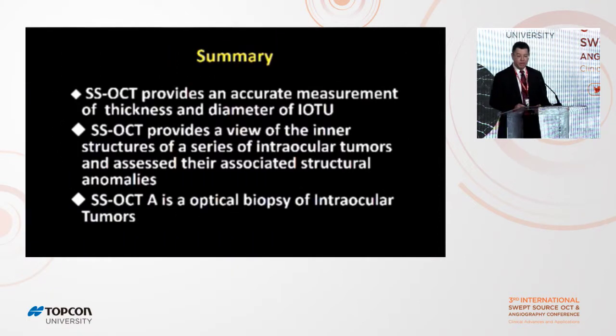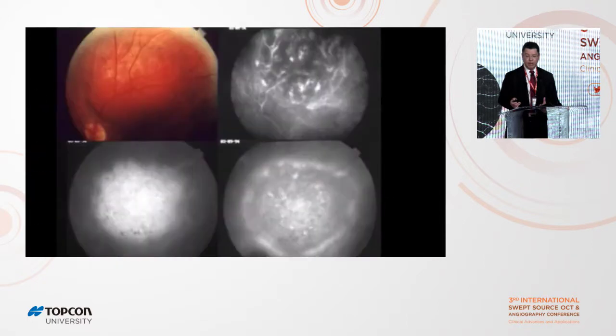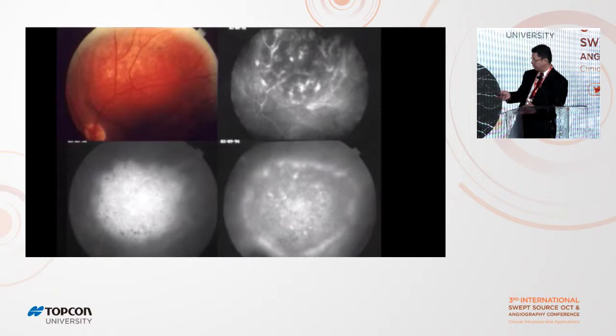So in summary, Swept Source OCT provides an accurate measurement of thickness and diameter of intraocular tumors, provides a view of the inner structures of a series of intraocular tumors, and assesses their associated structural abnormalities. Swept Source OCT, I think, is like an optical biopsy of intraocular tumors, and I'll explain why. OCT can be similar to what we got with ICG angiography, where we could differentiate benign tumors like this circumscribed choroidal hemangioma with typical features of